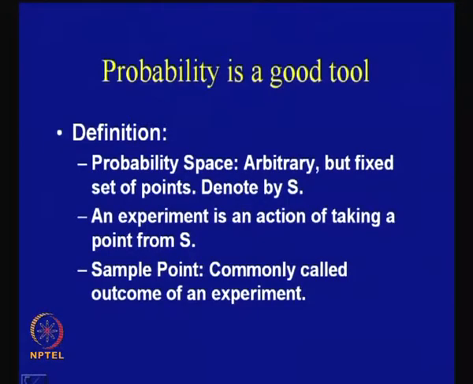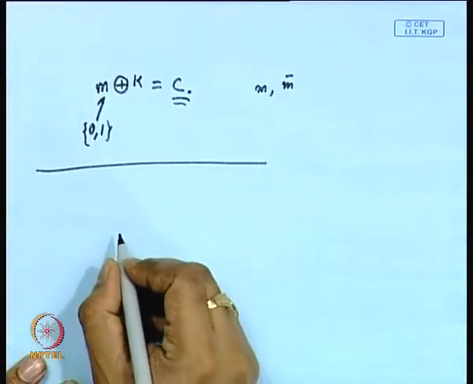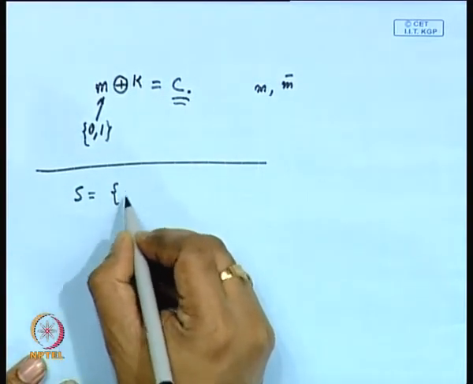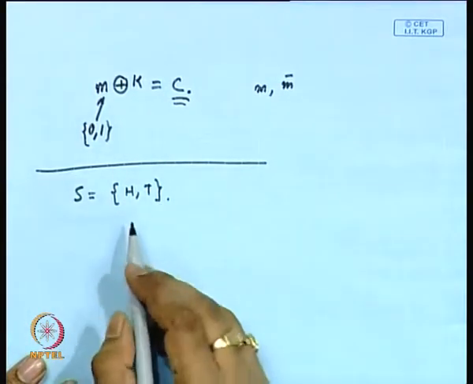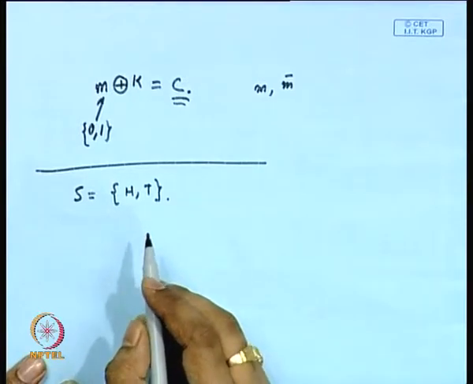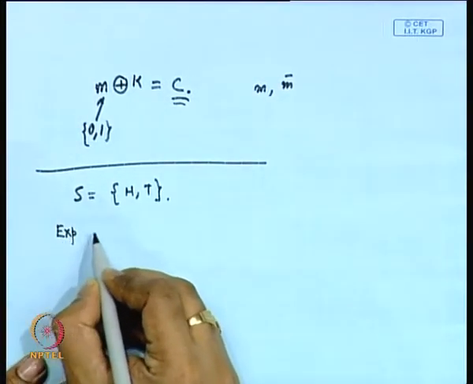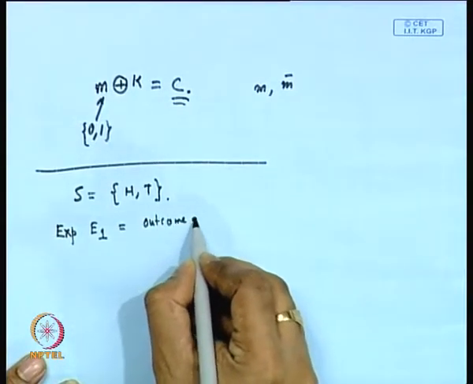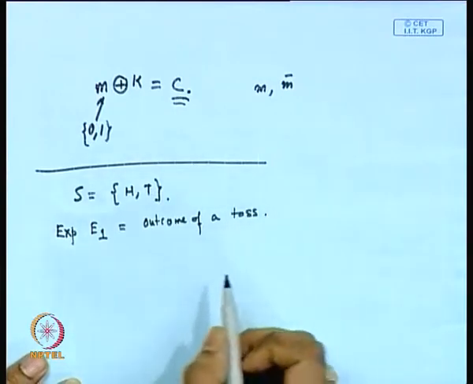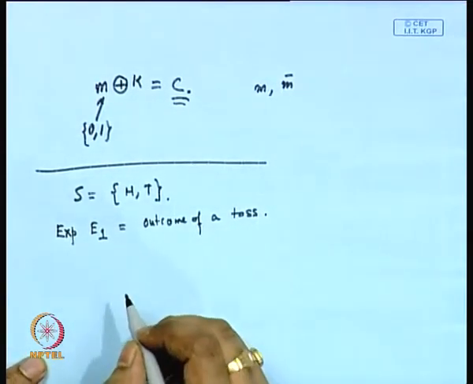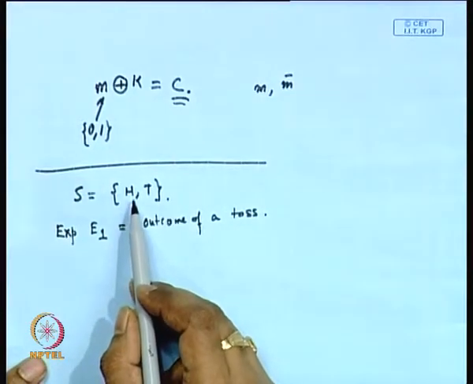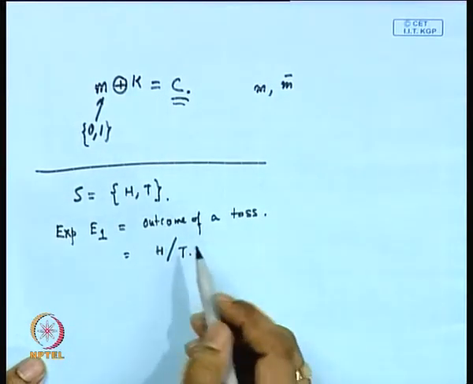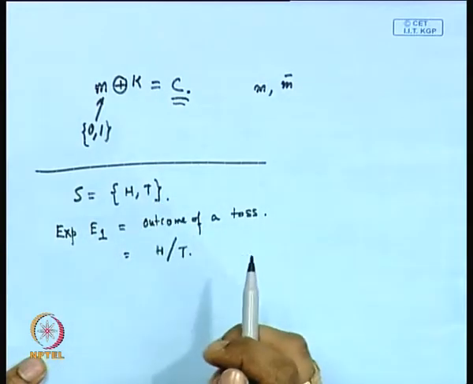Let us consider an example, suppose there is an unbiased coin. The unbiased coin can take two possible values, so we define its sample space to be the values head and tail. It can take either the head value or the tail value. And then we define an experiment. For example, experiment E1 is the outcome of a toss. If you assume that this is an unbiased coin, then this experiment essentially chooses or samples a point from this sample space. So this result can either be a head or a tail. It just chooses a point from head and tail.